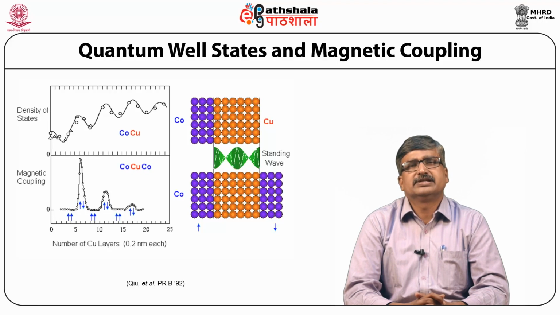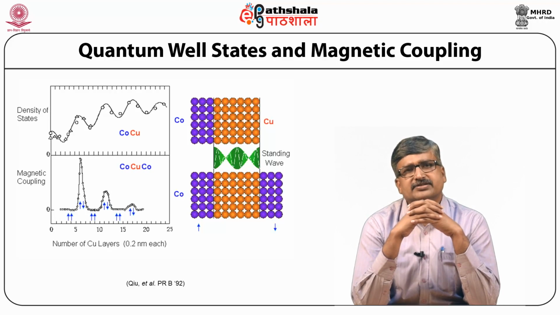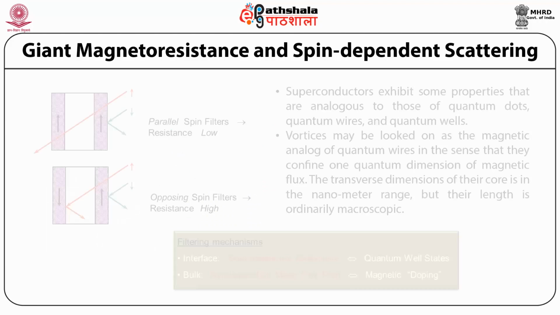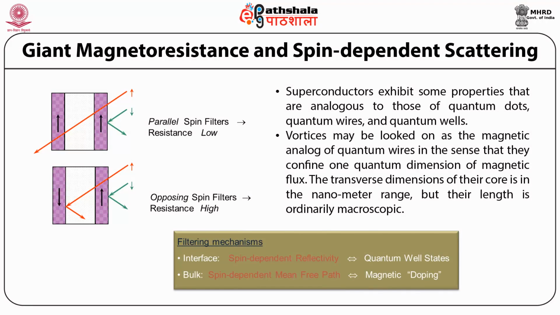The magnetoresistance oscillates with the same period. This provides the clue for understanding this magnetic phenomenon as the effect of quantized electron levels in nanostructures. By manipulating the interfaces in magnetic multilayers, one can enhance the spin dependent reflectivity and optimize the sensitivity of a magnetic reading head. Giant magnetoresistance and spin